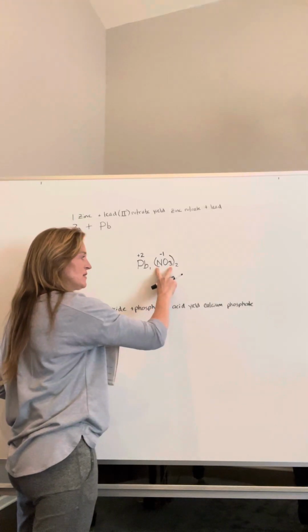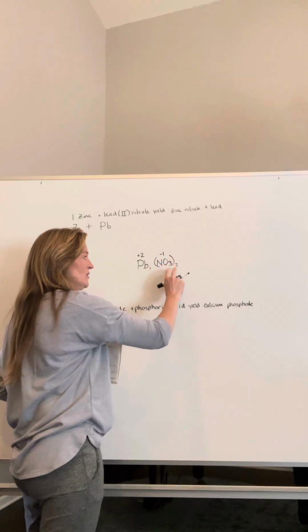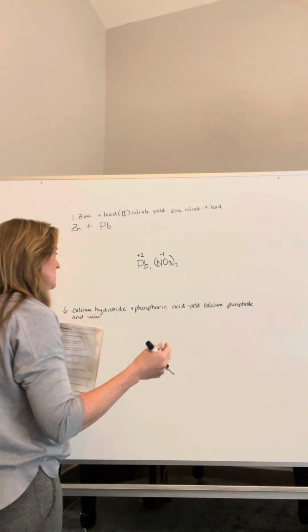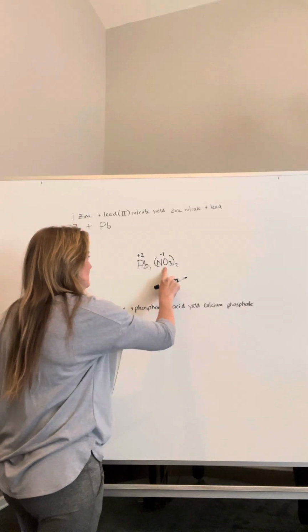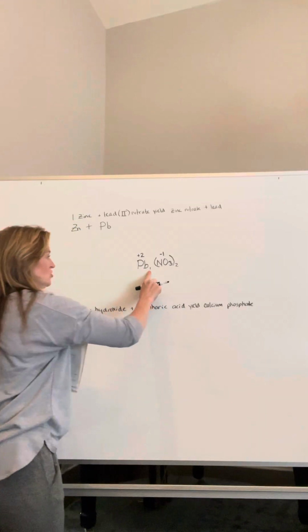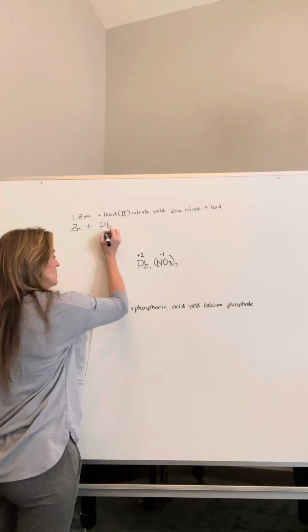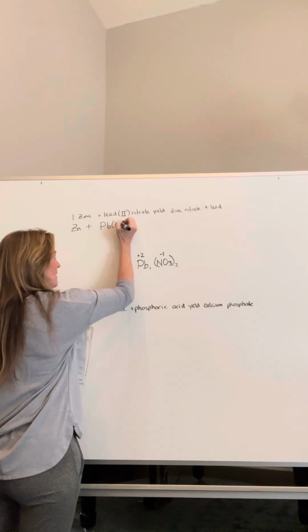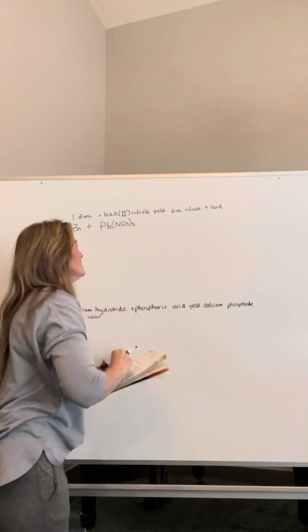So anytime I've got a polyatomic ion, I'm going to put it in parentheses if there's more than one of those, okay? So I'm going to have 1 lead and 2 nitrates. And I don't write the 1 whenever I'm actually writing my molecule. So I've got lead, and then I've got nitrate, okay? And then it says it yields